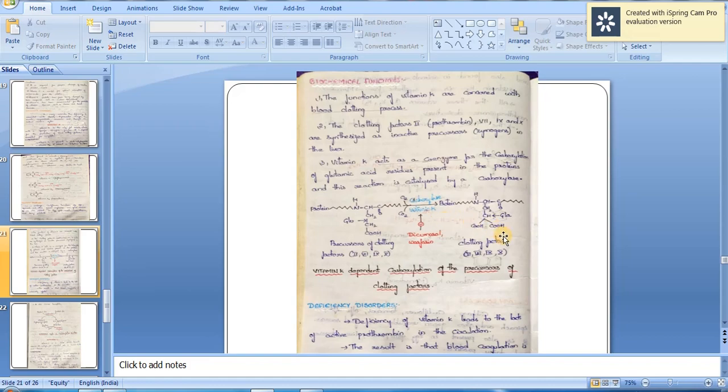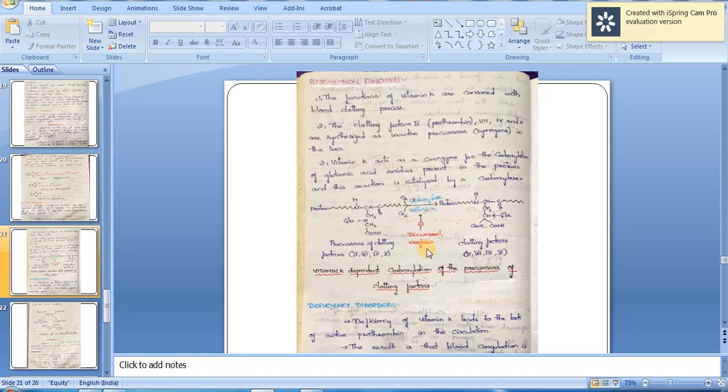It produces gamma carboxy glutamate. It also requires vitamin K, oxygen and carbon dioxide. The formation of gamma carboxy glutamate is inhibited by dicumarol and warfarin. Dicumarol is an anticoagulant found in spoiled sweet clover, whereas warfarin is a synthetic analog that can inhibit